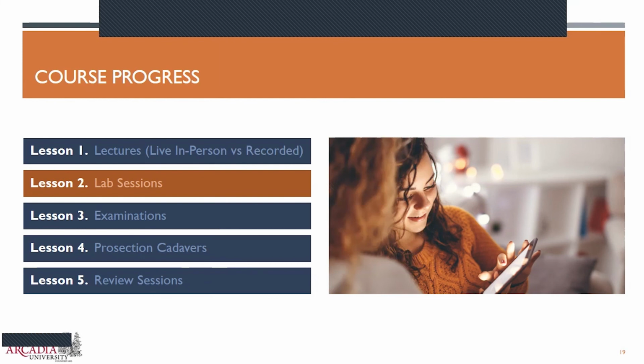dissections with the table, myself and one other faculty member were present within each of the different groups that was presenting at the time. And we were listening to what the lab facilitators were saying. We'd correct them if they said something incorrectly, and or if we felt that they were leaving a pertinent part of anatomy out in terms of that particular region or that discussion, we would interject and make sure that our